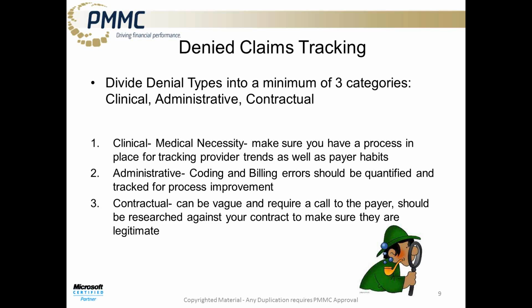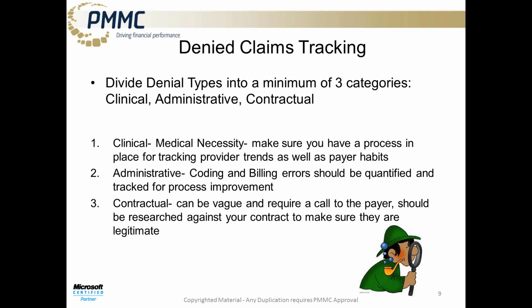Administrative denials are all of your coding and billing errors. This can also be registration related. If a claim is denied, patient not found, or patient doesn't have this insurance. Very common. Registration can select Humana Commercial instead of Humana Gold Medicare, for example. I see that a lot. That caused a lot of time with somebody having to wait for the denial, get it corrected, and turned around